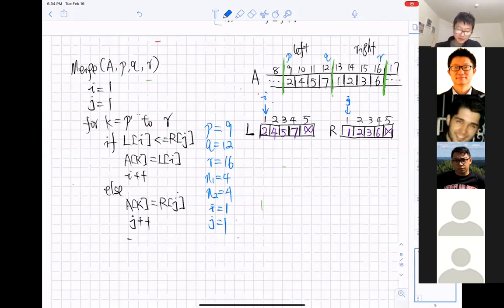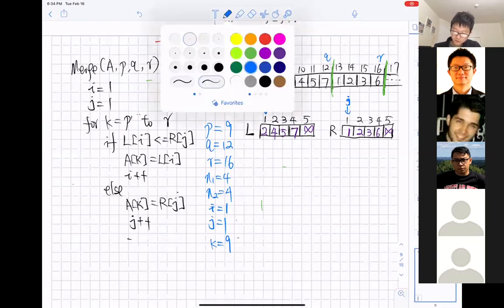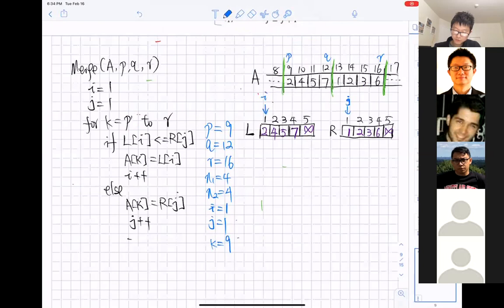Next, we have a for loop. In the beginning of the for loop, k is p, so the initial value of k is p, which is 9. So I'm going to move the left and right side, and k over here too.